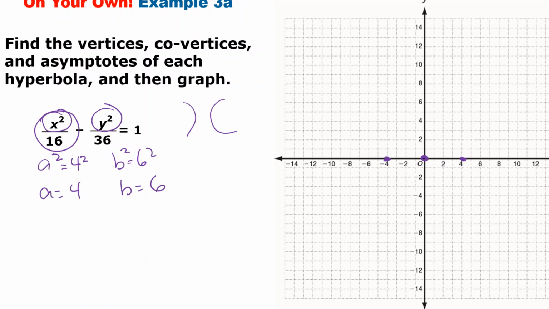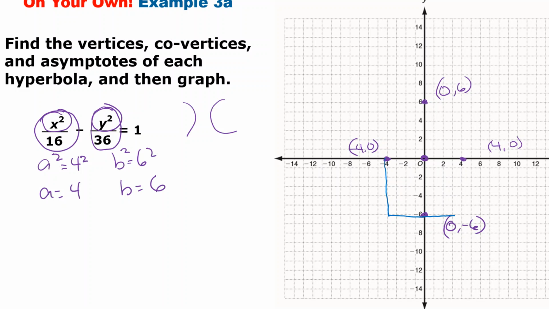So my vertices are going to be (4, 0) and (-4, 0). All right, for my covertices, I'm going to look at my b, and I see that that's 6. So I'm going to go 6 positive and 6 negative. So for my covertices, I'm at (0, 6) and at (6, 0). Or negative, whoops, I got that totally wrong. (0, -6). All right, so next I want to go ahead and box up my vertices, get them